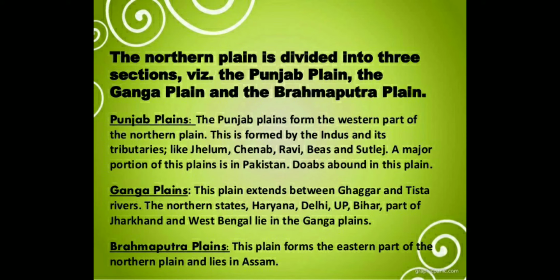The northern plain is divided into three sections, as you said: Punjab Plains, Ganga Plains and the Brahmaputra Plains. Punjab Plains. What is it? Not Punjabi Bangla. Something else. The Punjab Plains